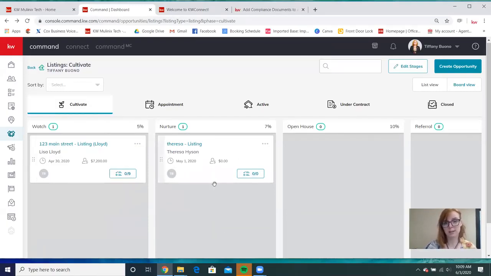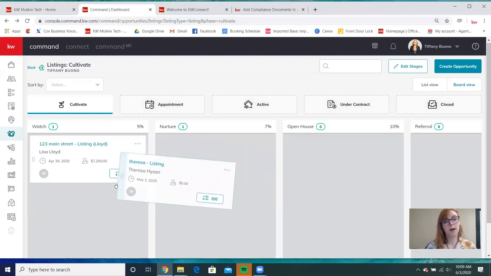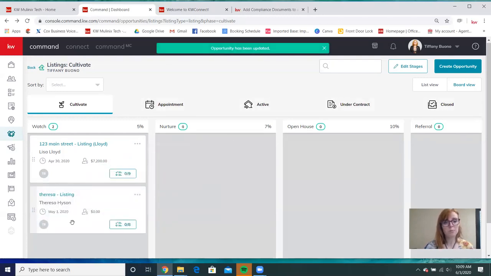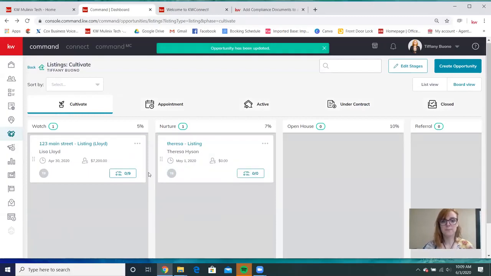I do not have one set up for my nurture. So when I moved it over, it now says I don't have any checklist items here. But when I move it back, it will show me I have 8 items available for my checklist. So that is the listing